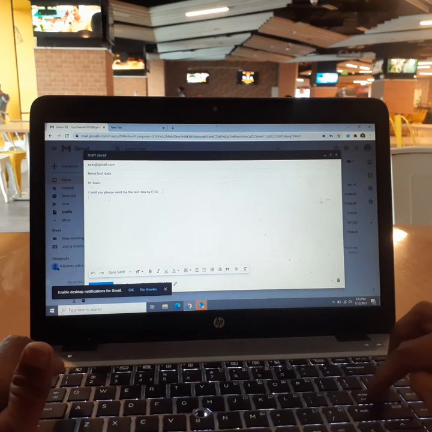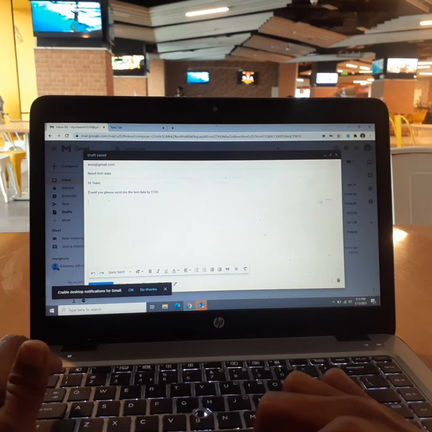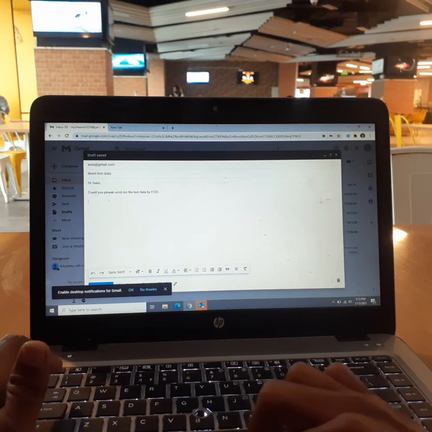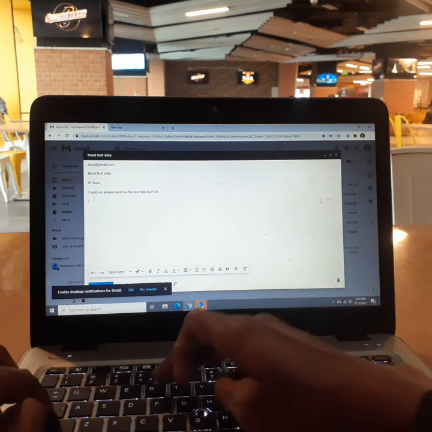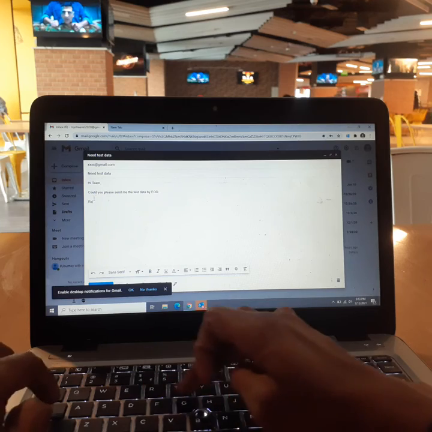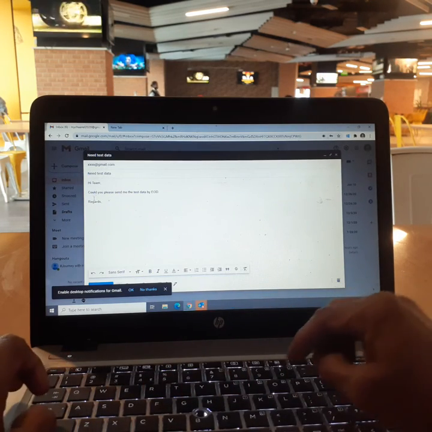Now comes the signature of the mail. As I said, I'm keeping a simple mail, because of that my body of the mail comes only this much. My signature is just like this. You can mention your name.